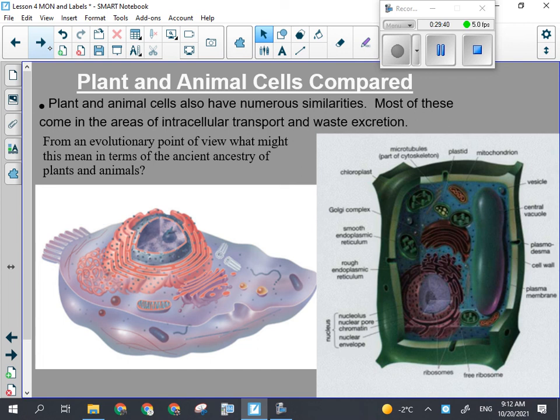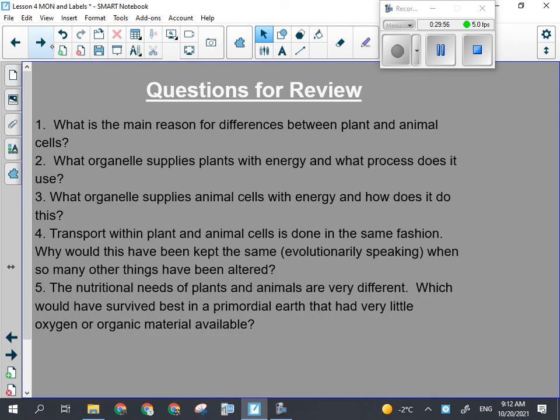But again, there are those differences. The cell wall, not having a cell wall. Having lysosomes, that would be these things here, versus not having any lysosomes because there's no need. Things like that. Everybody's good with that? All right,